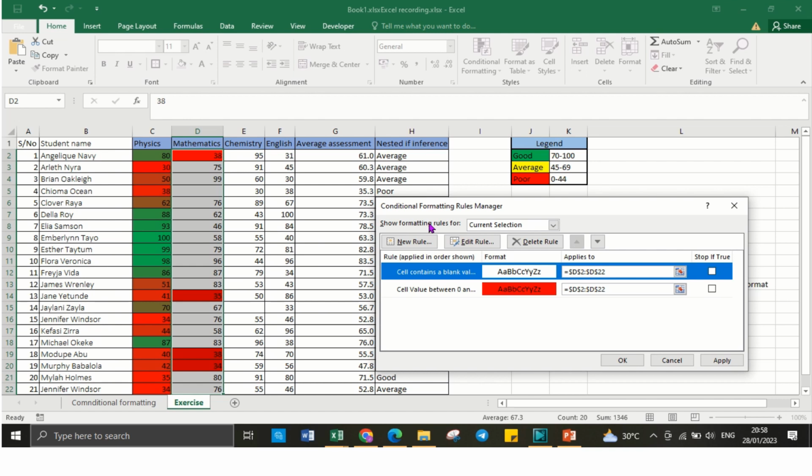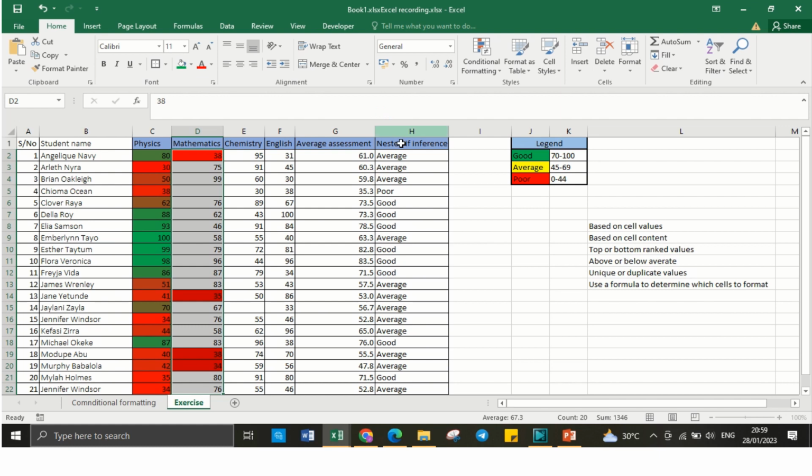So you can also use the conditional formatting for text. For example, if you want to switch from here to this place and you don't want to leave this rule manager, because at this point I can't do anything in this outer spreadsheet, I have to continue working in here. I can choose to say okay and select the next row that I want to do conditional formatting to. That's this one. Or if I am still in my rule manager,